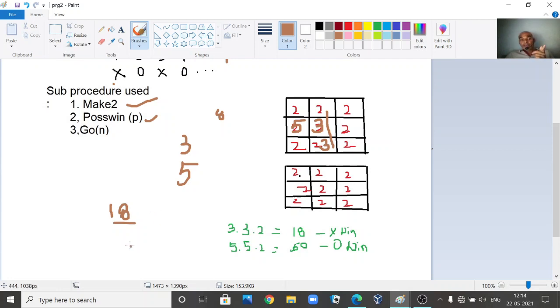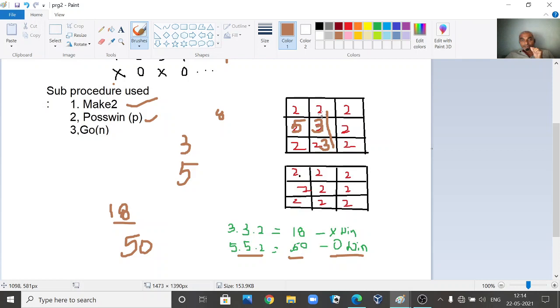Similarly, x will come to know that if the product is 50, 5 into 5 is 25, 25 into 2 is 50, whenever the product is 50, O will win in the next move, right? So now here O checks this product.